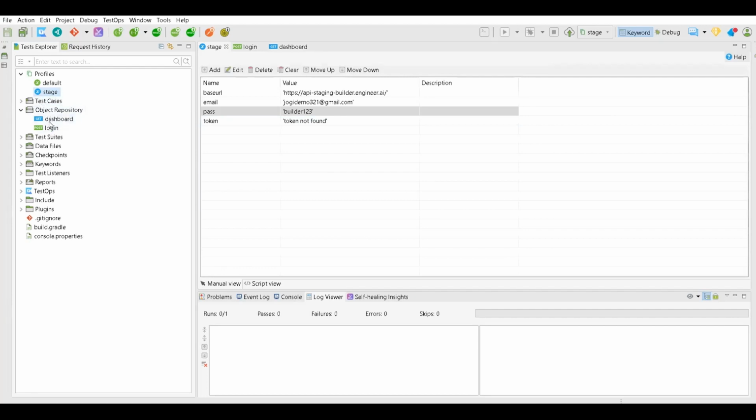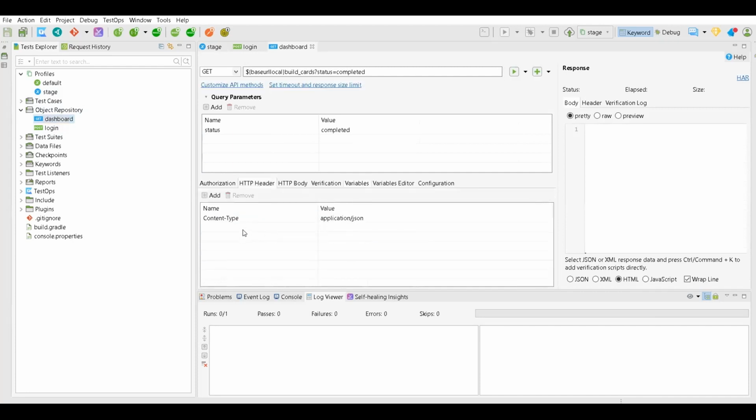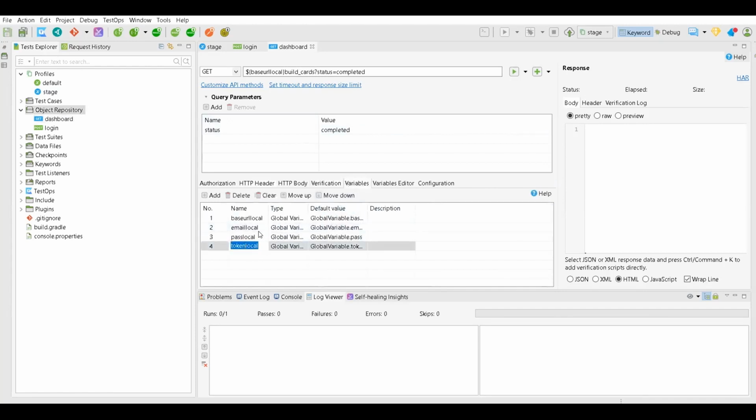But right now, this is the dashboard API. So once the setup is done, token local setup is done on variable level, you need to do that at HTTP header level. So need to add one more header called auth token and say the value is dollar token local. Make sure the data is again same. Data is same here, token local,